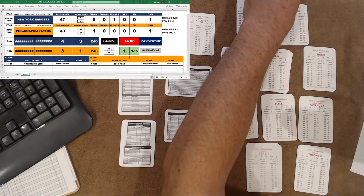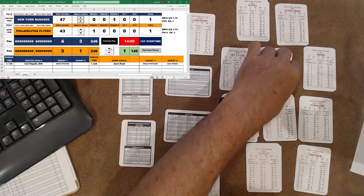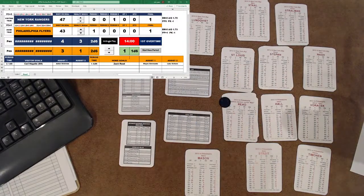This time a 4 is going to be picked up by Reed for the Flyers. At a time sequence, 13:30 to go here in first overtime. RJL 518, hope you didn't mess up my game when the Cardinals winning 15-1. We're in overtime, 1 apiece here, and Matt Reed for the Flyers, 36,